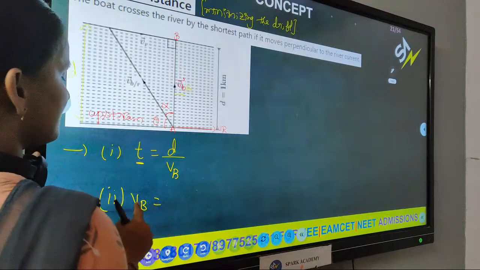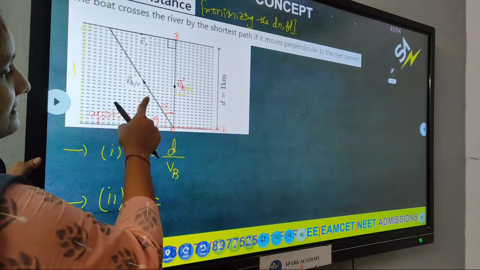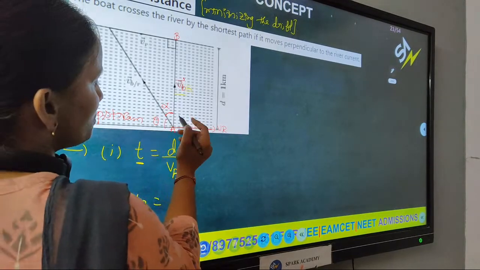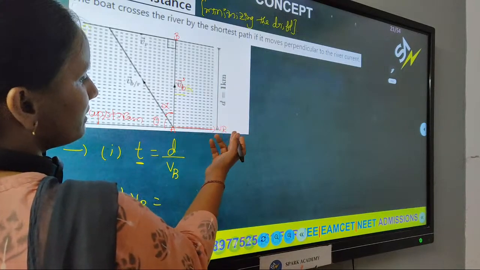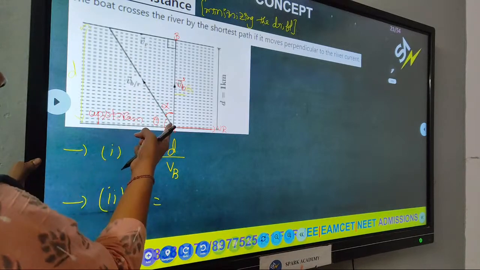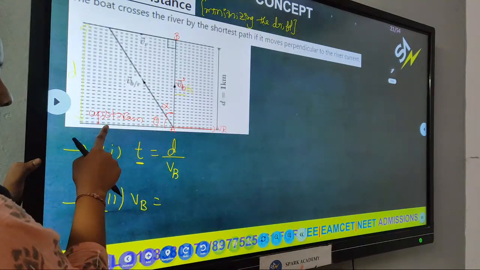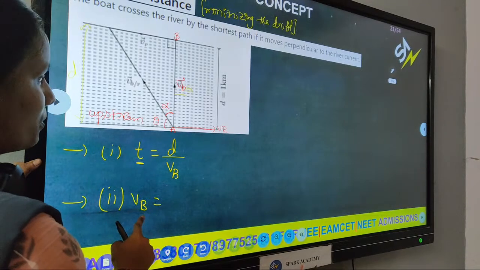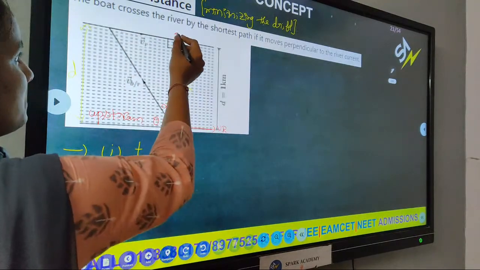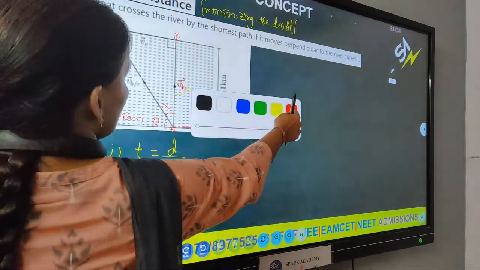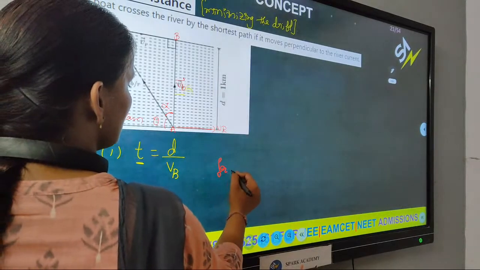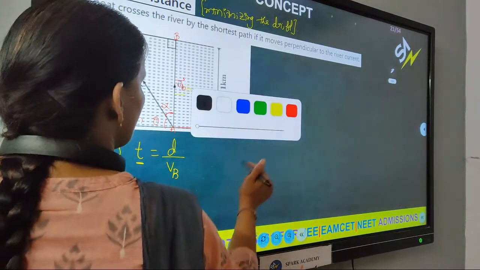And next, if they are asking what the actual boat velocity is, actually this case is exactly opposite to the first case. In the general approach, we consider he is making angle theta with the downstream. To reach the opposite bank directly, we are considering that the boat person is making angle theta with the upstream. So in this case, the actual boat velocity will be, from this triangle, let it be ABC. So from triangle ABC,